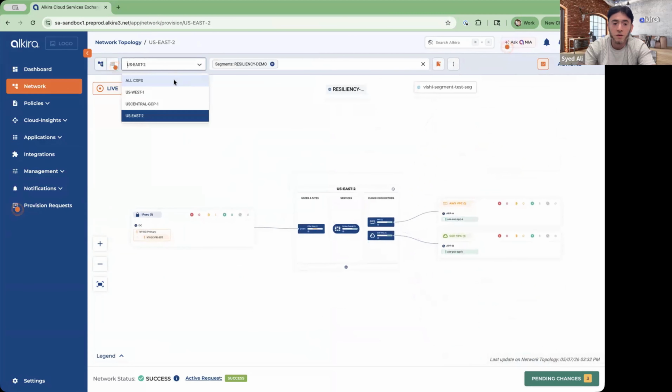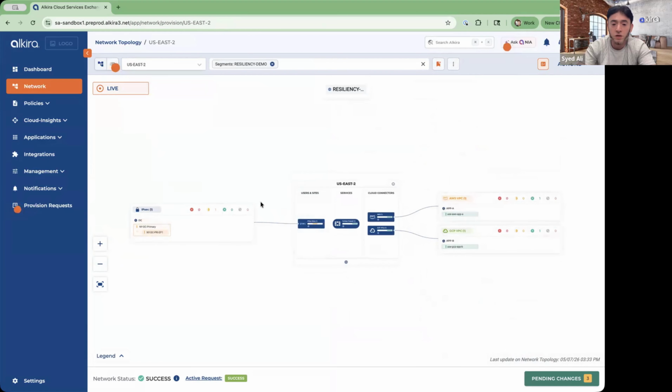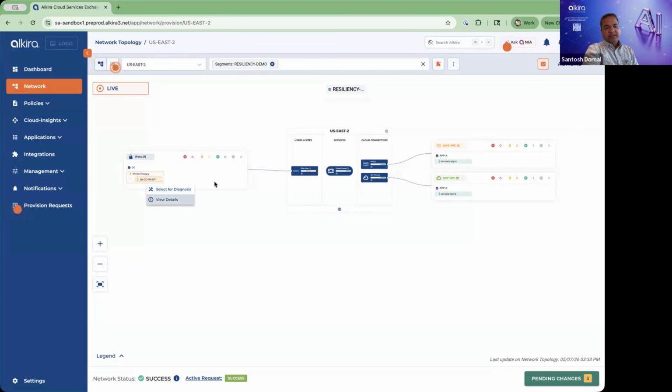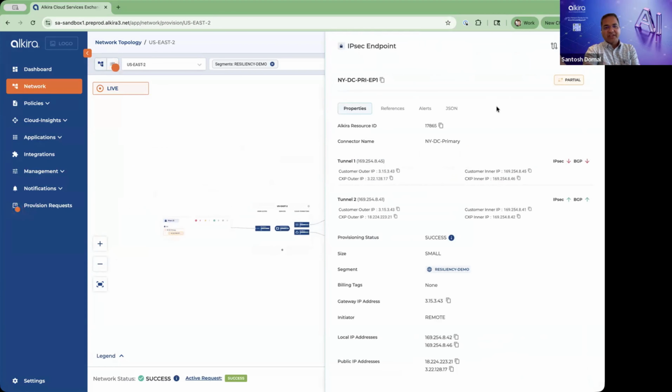And if I come back to here, my expectation is that even though I'm going to go into USC 2 and both availability zones are going to go down, the traffic should still continue to flow and hit the application, app A and app B, in a different region. Yep. So I'll go ahead and do that real quick. Yes. And you see how the state has changed in the UI, right?